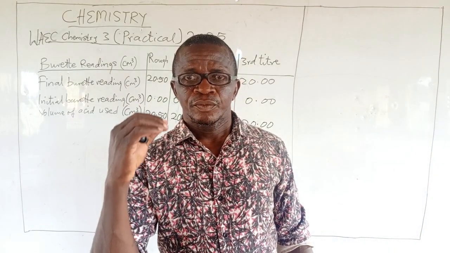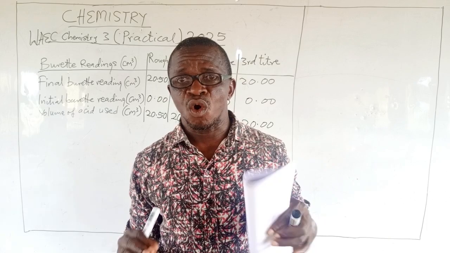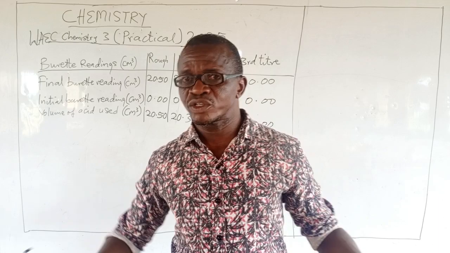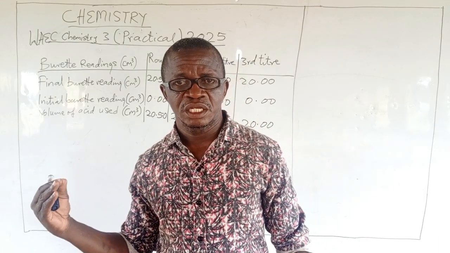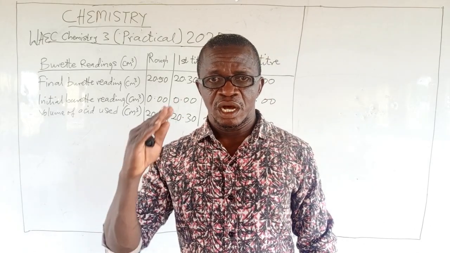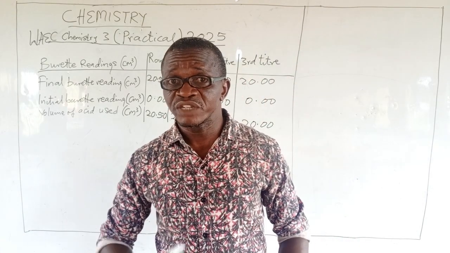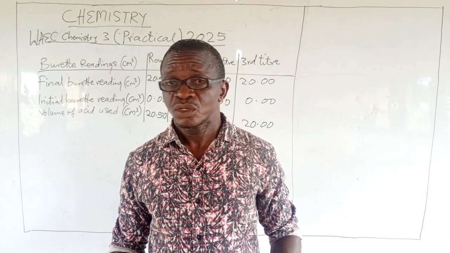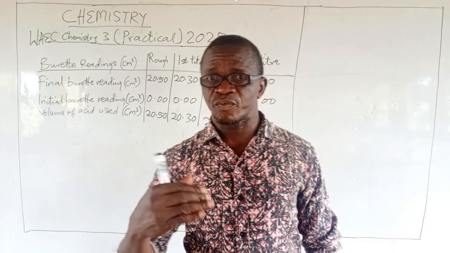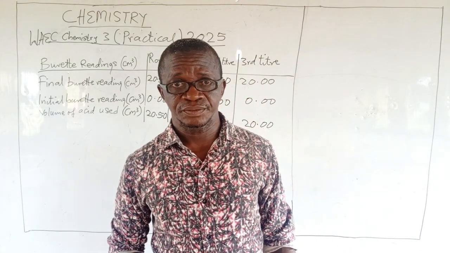Now, when I say alternative A, let me explain that so that you understand. When your school is large, you have more than 100 students offering the subject, then they will divide into two. The first set will write alternative A. The second set will write alternative B on different days, different questions. So if you are not writing A, you write B. If you are not writing B, you write A. But if you are few, less than 100, all of you will write alternative A.